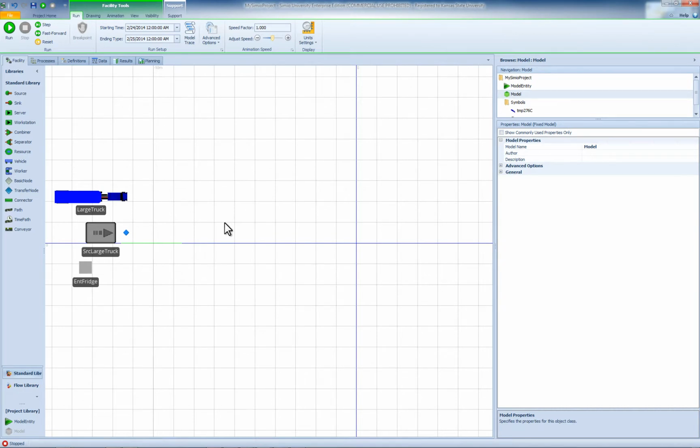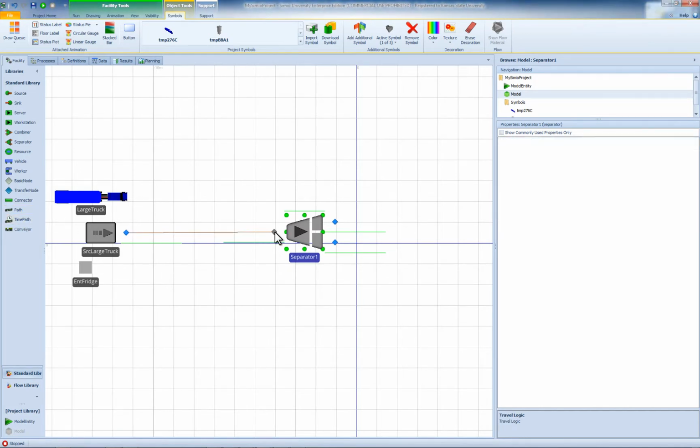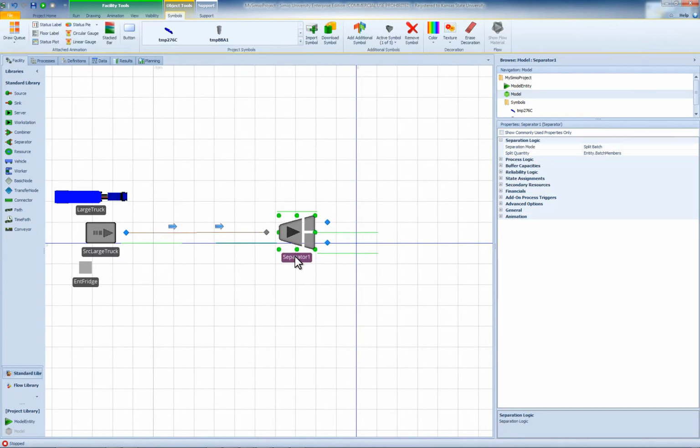In order to simulate the unloading portion, I'm going to use a so-called separator. The separator gives you the cars going one way, and I'm using a time path, for example, to link them up. Say it's about 2 minutes of travel time, so you see some animation going on. And this part in the parent nodes represents the large truck after unloading is released. So I'm putting a sink over here,